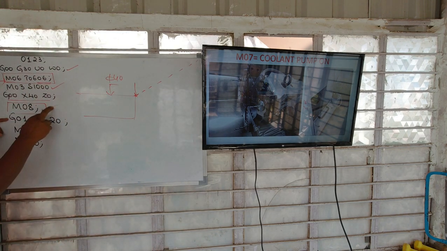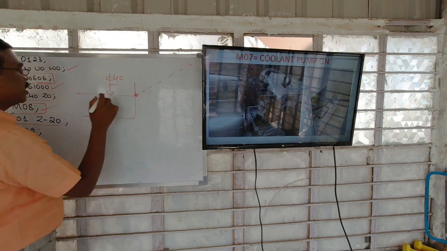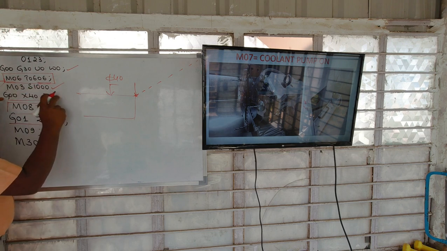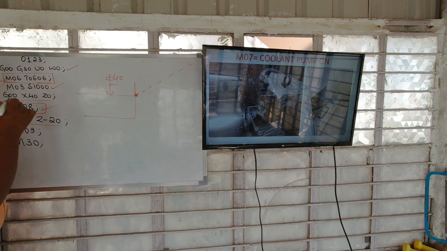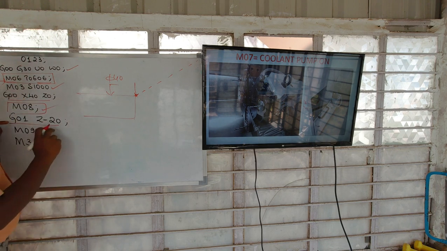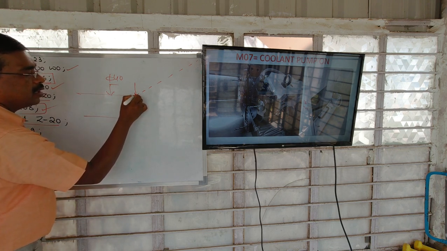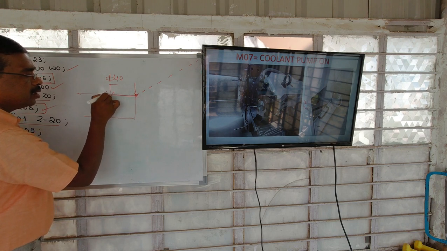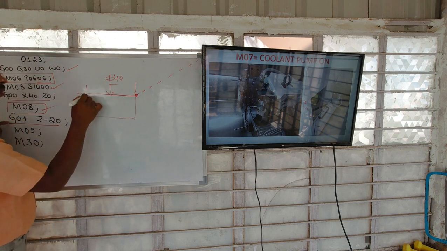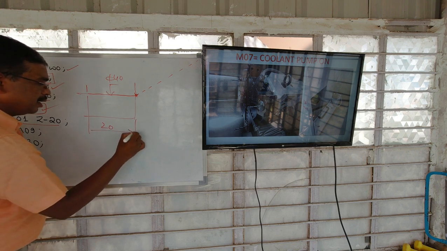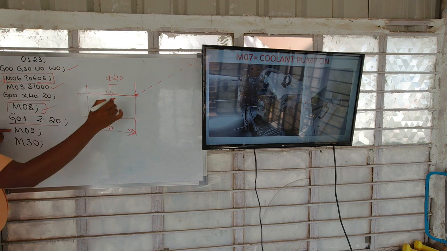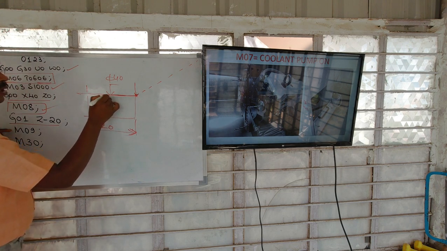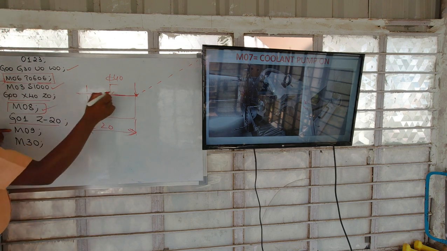After this, the cutting tool will do the plain turning operation. When the controller reads this, the cutting tool will come to this point, and here the coolant system will switch on. After that, the cutting tool will start to do the plain turning operation up to 20 length. So from here to here it will be 20, and after the plain turning operation the cutting tool will move from here to here.